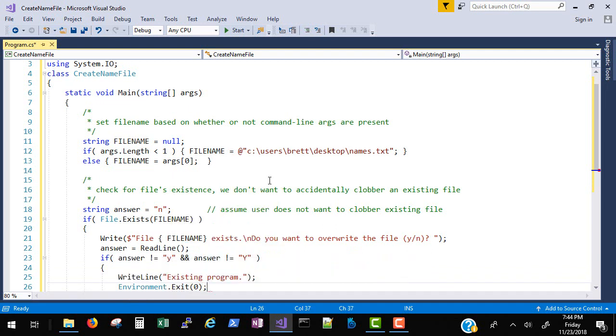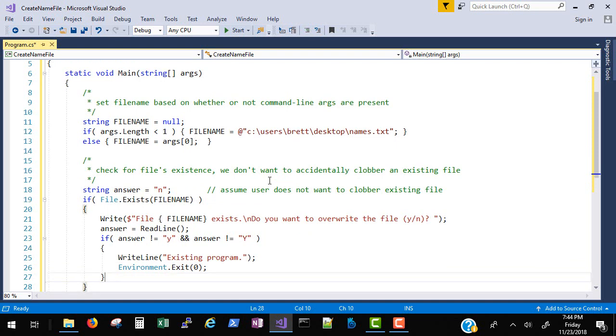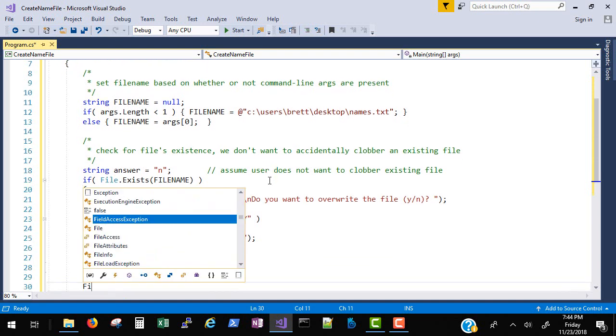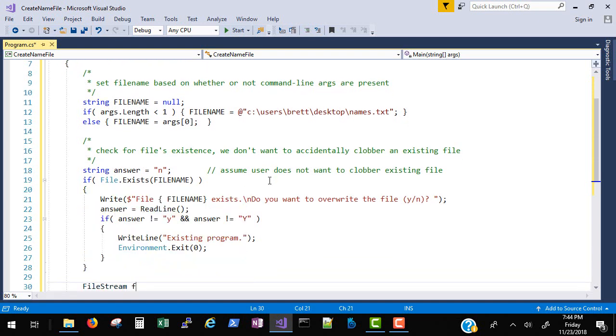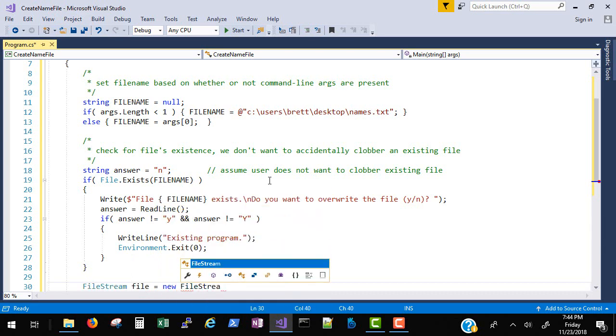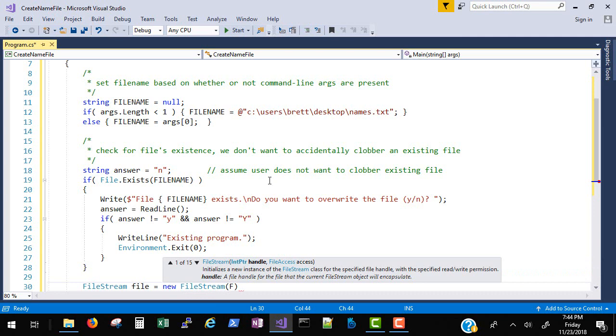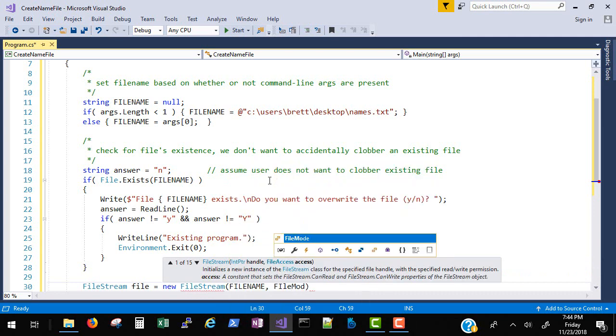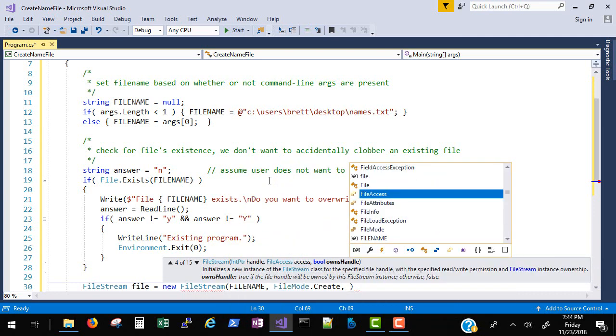Nothing went wrong, so I'm passing a 0 success code up to the operating system that called this program. Any other input, N, or it doesn't matter what other keys are pressed by the user, if they don't type a Y, then we're going to exit the program. But if they do type a Y, they must know what they're talking about and they want to overwrite the